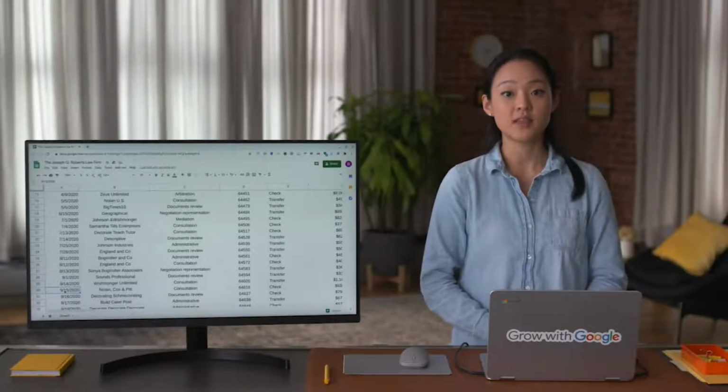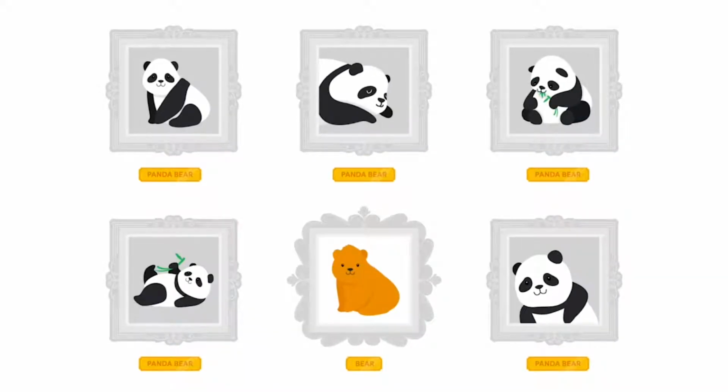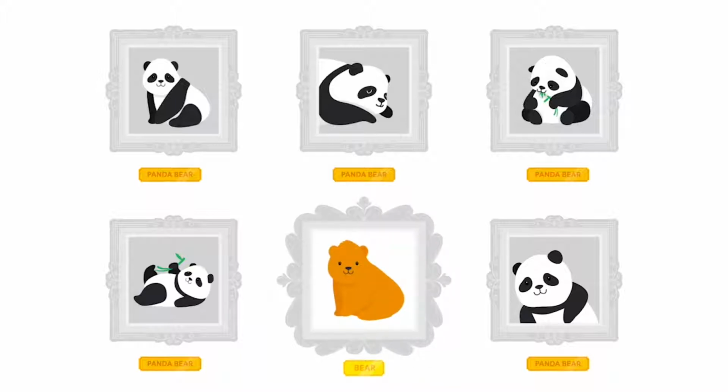The first has to do with labeling. To understand labeling, imagine trying to get a computer to correctly identify panda bears among images of all different kinds of animals. You need to show the computer thousands of images of panda bears. They're all labeled as panda bears. Any incorrectly labeled picture, like the one here that's just bear, will cause a problem.